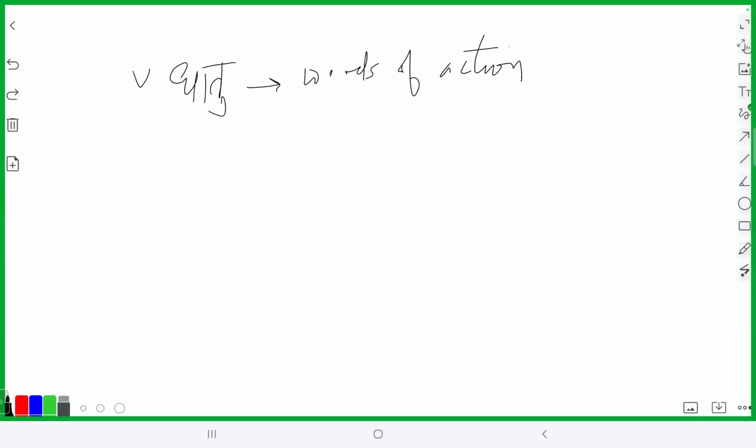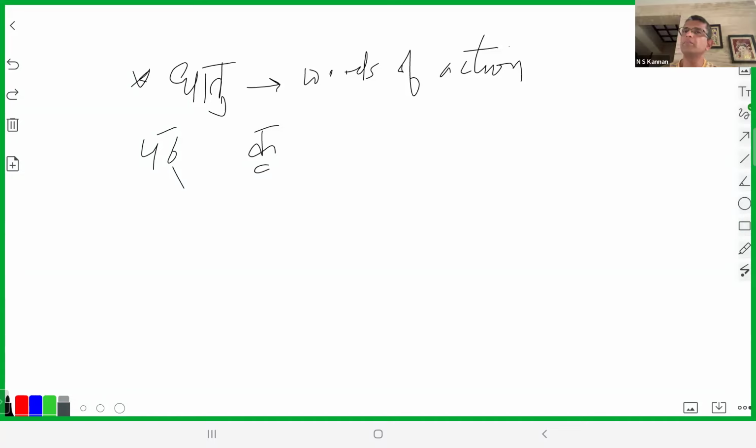You start with dhatu. For example, you have pat dhatu or the kru dhatu. Pat dhatu is to read. See, these are unusable. The pat dhatu itself you cannot use. Like the infinitive in the English language is not usable. If you just say to do, then that doesn't communicate who did it.